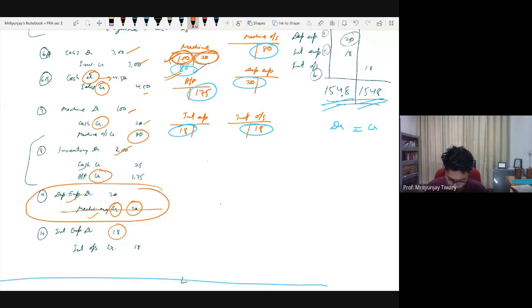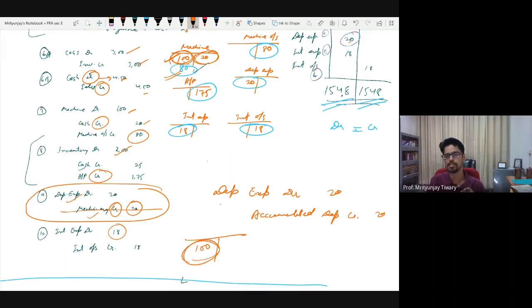So the entry we will pass at the time of depreciation is depreciation expense debit, as it was happening earlier. And the credit will be accumulated depreciation credit, with whatever be the value, 20 lakhs. So in T accounts, what will happen? In T accounts, my machinery had 1 crore rupees. That's all. It will continue to have a closing balance of 1 crore.